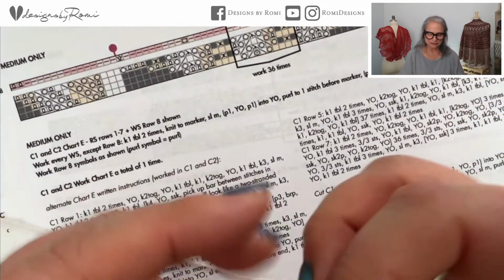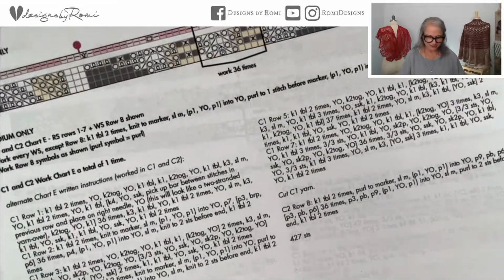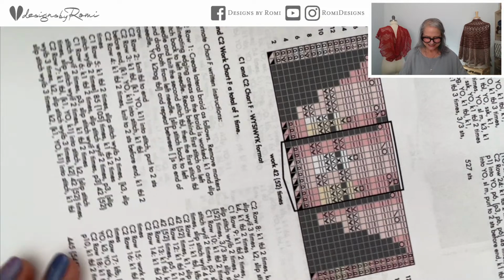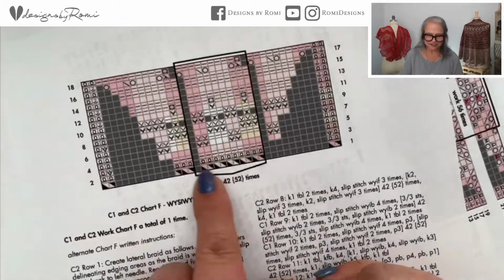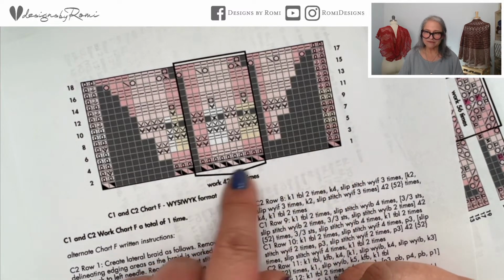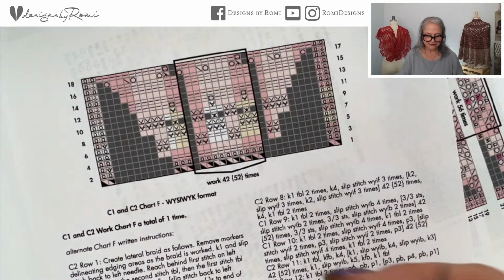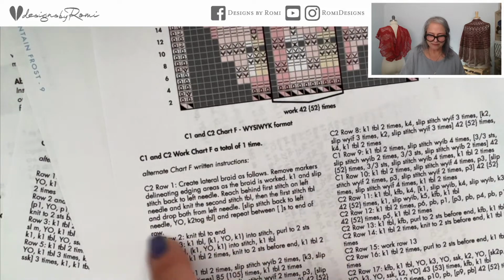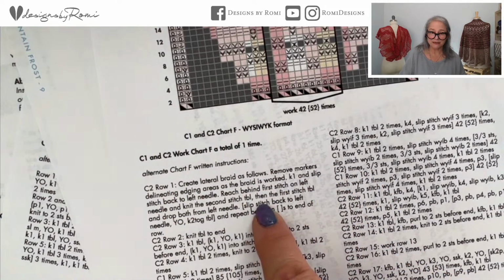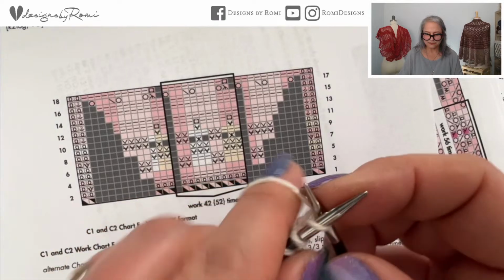Okay, so just really quickly, in case somebody is screaming fast, because I know a couple of you really are screaming fast. So let's come over here and I want to show you. This is the lateral braid right here. I'm just going to really quickly show you what happens here. Also, if you want more instruction, you can see this little blurb here is how to do this to start the lateral braid. So you're going to knit one,